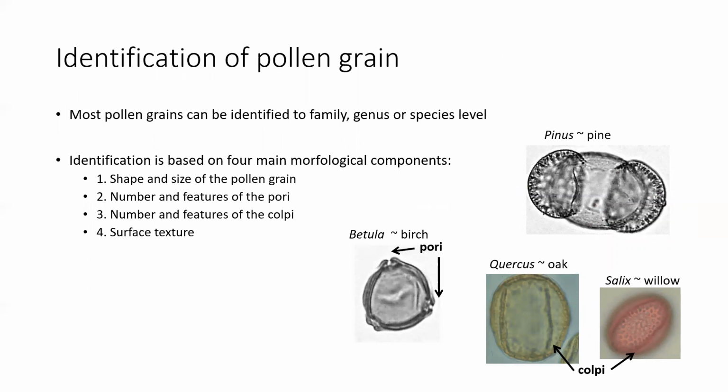As I said, pollen grains can be identified to family or genus, or even species level, because they have different kinds of structures. The identification is based on four main morphological components, usually the shape and size of pollen grains. For example, there are different amounts of small holes, like pori, or this kind of a feature called colpi,